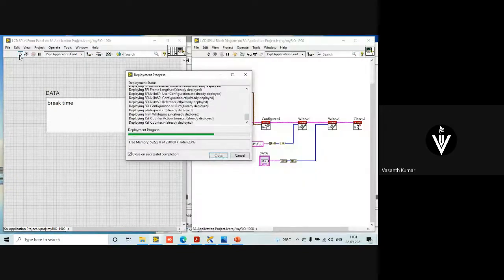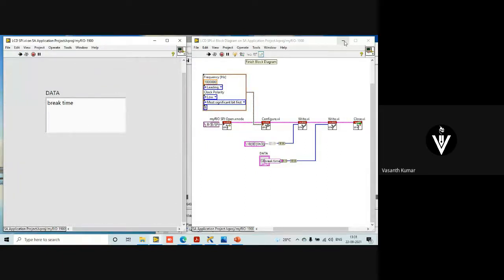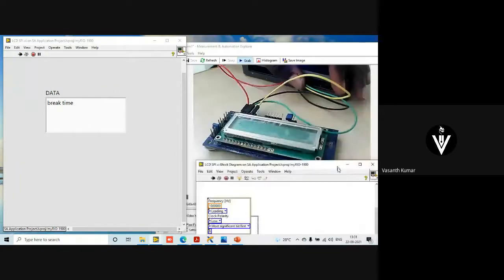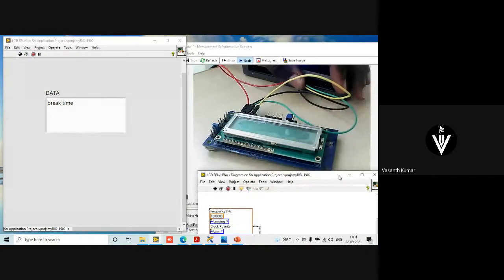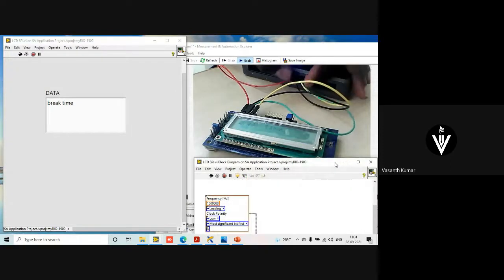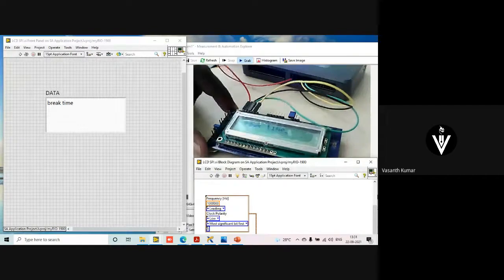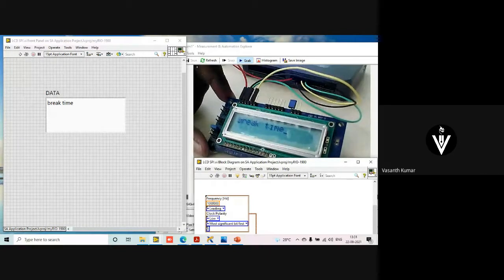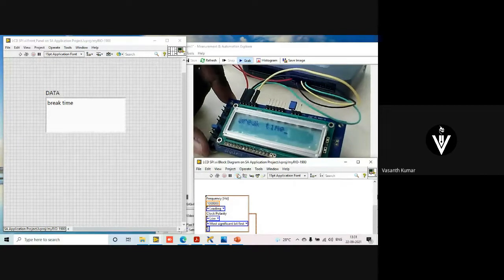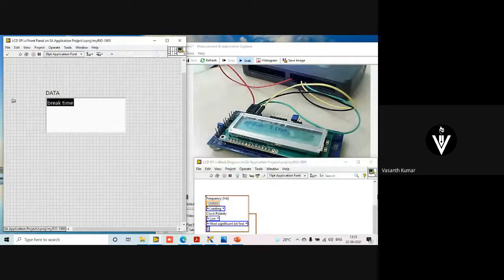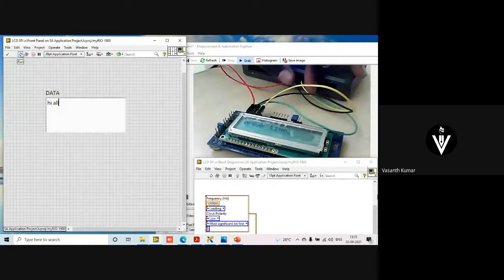The only problem is the connection is pretty loose. Because of that, you have to hold it for a second. Can you see? Once I hold it tight, the data comes. Break time. All right. Yes. So hold it.